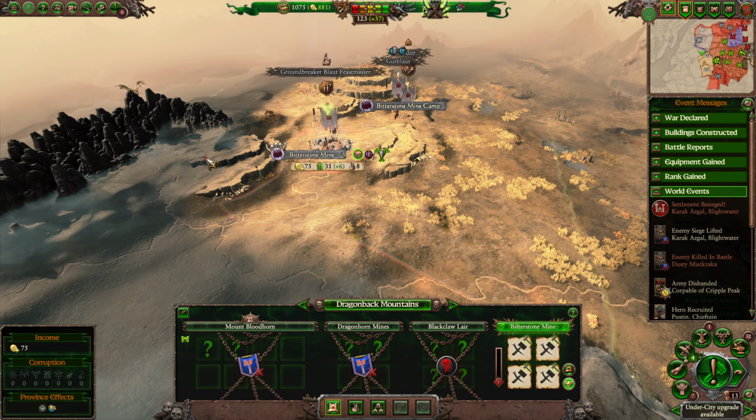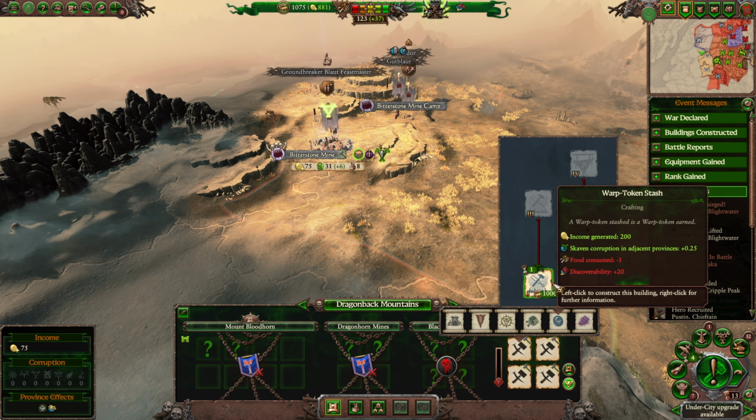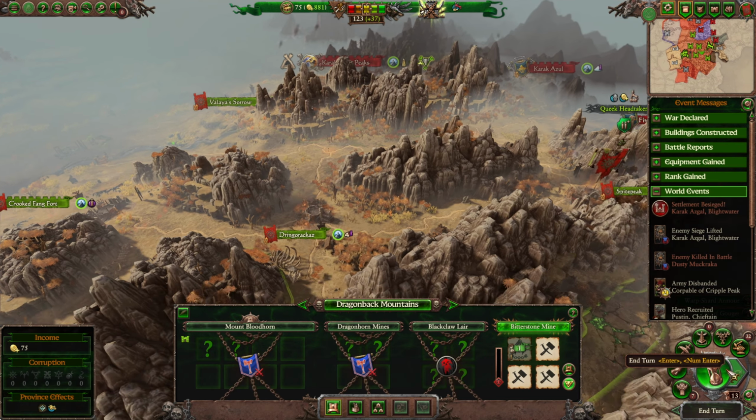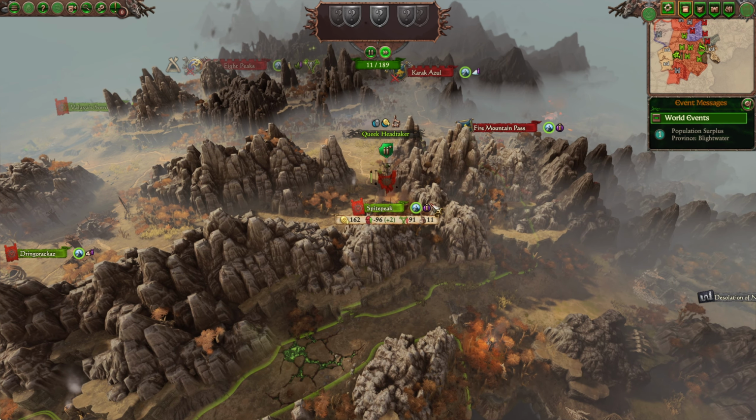We have a city over here. I actually prefer food over income right now, so I'm not going to build that. This one doesn't cost any food per turn, so we'll do that. We just got to keep an eye out for Belegar coming now. Make sure we get those garrison buildings upgraded in our capitals on the western flank of the Southlands. Or the Badlands, I guess, technically, but...